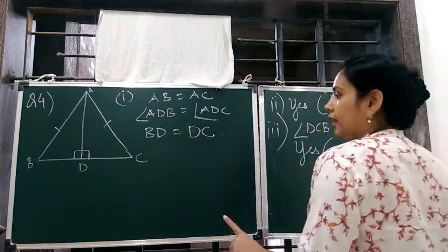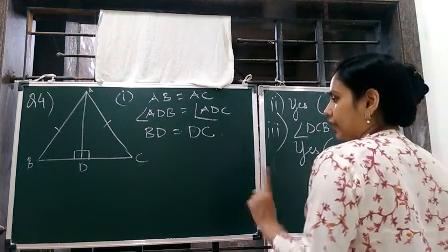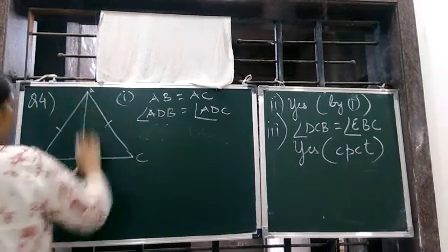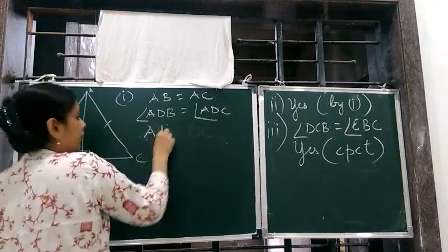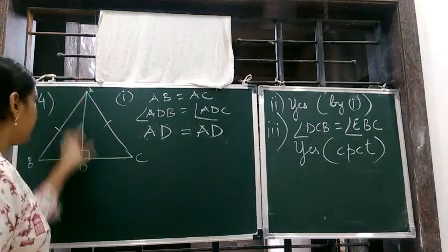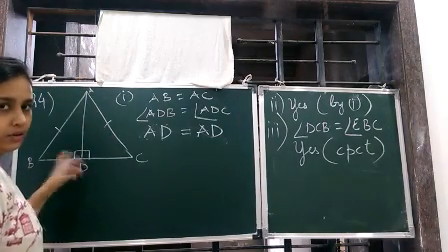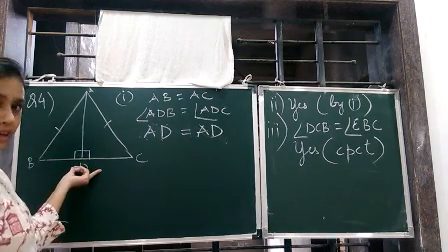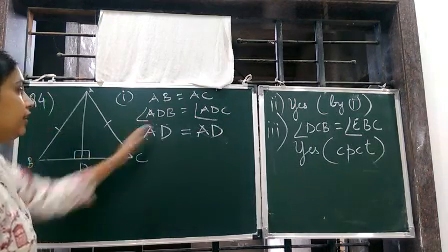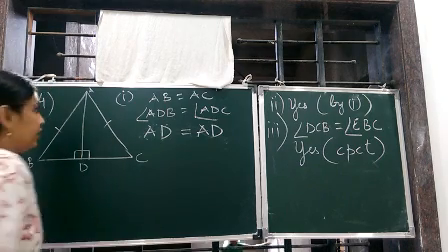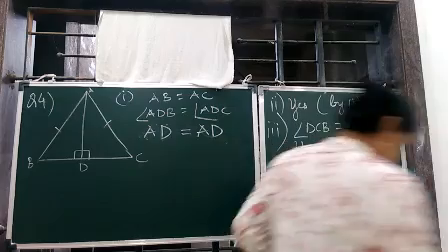In triangle ADB and ADC, we don't know this, so just write AD is equal to AD. This also we can write, because it is common. It is not given whether it is the median or not. Is D the midpoint? We cannot say. So, better to write AD is equal to AD because it is common for both. So, obviously it will be same. So, this completes the first one.